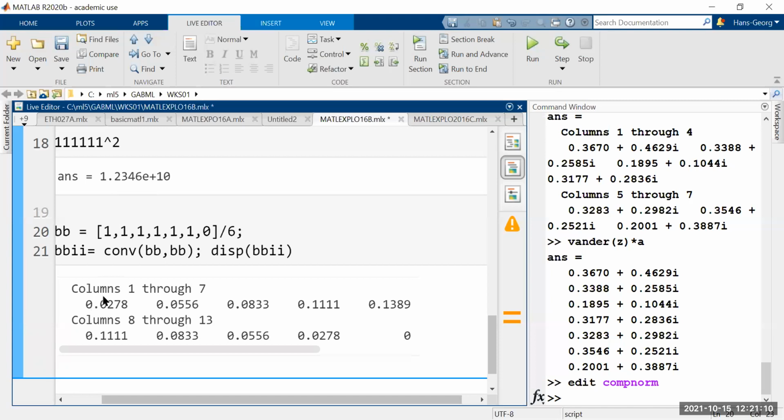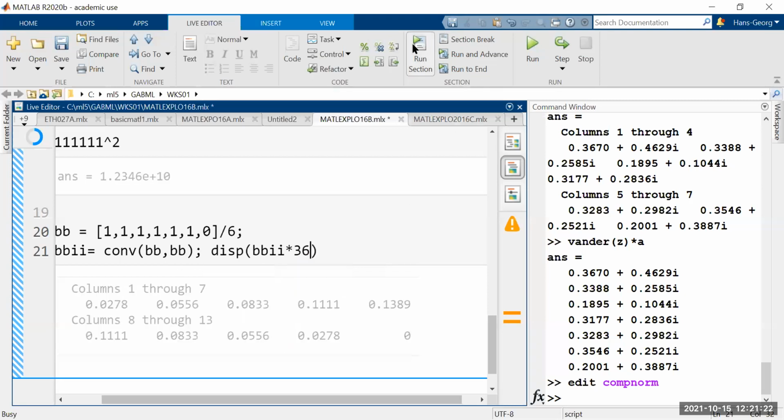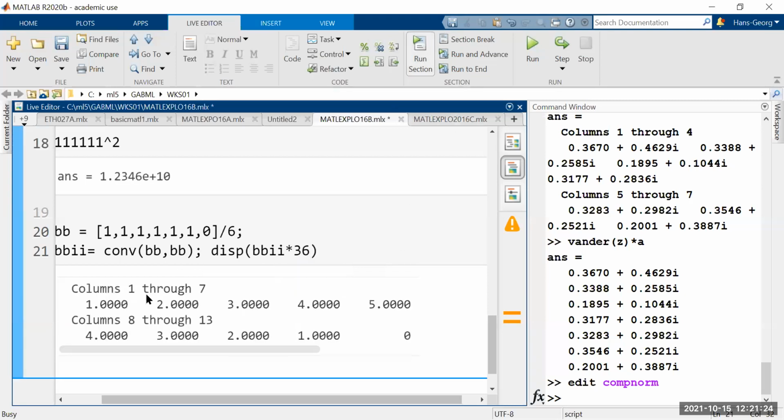So it's just the same numbers that we had before, but everything multiplied with 36. So maybe I'm just to reinstall it. These are the real numbers, but if you take it in terms of units of 36, you will see it's just 1, 2, 3, 4, and so on. So what do you see exactly in position number 8? In position number 8, if you count it from